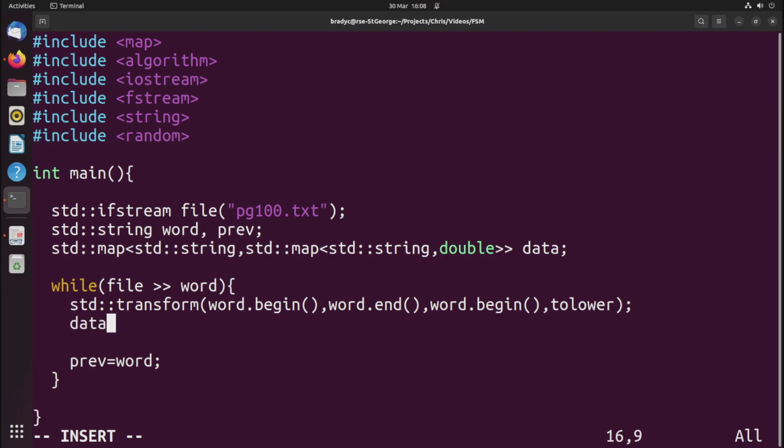I can literally just say data of previous of word plus plus. So what I do is I look up in the outer map the previous word, that returns me this inner map. Within it I look up the word that I'm currently looking at, and then that returns me this double, and I increment the double. Okay, so on its own,